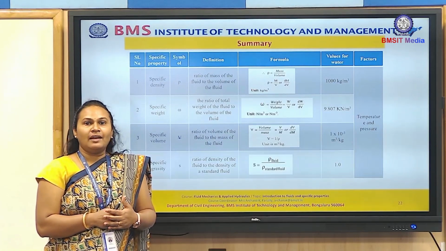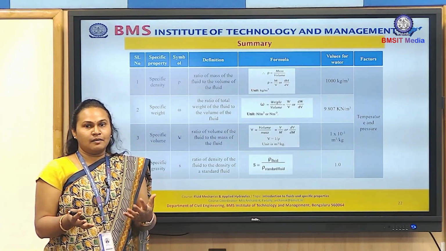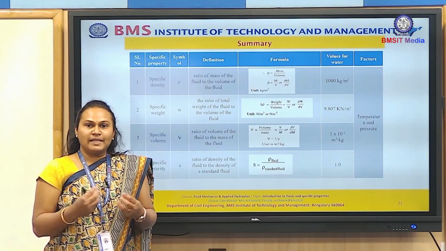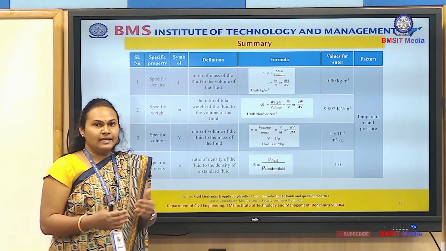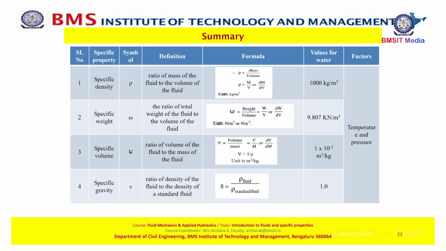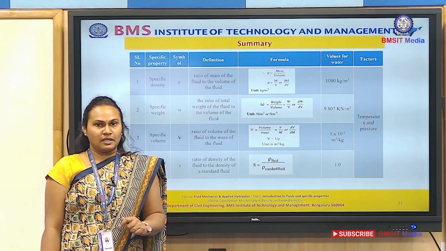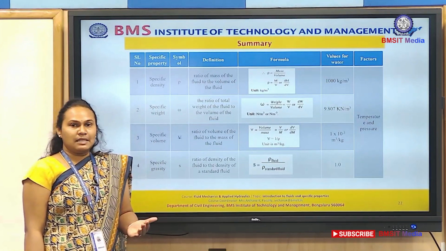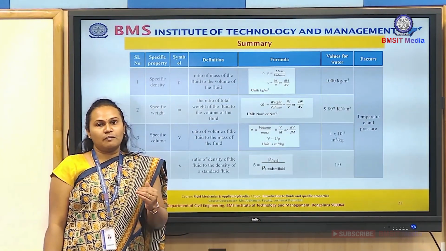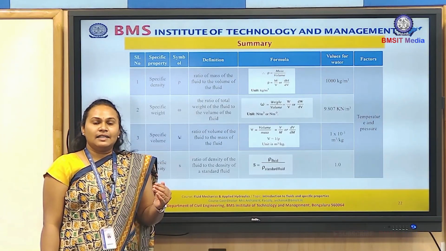mechanics today, and as we have discussed in the earlier video recording about basic properties of fluid like specific density, specific weight, specific volume and specific gravity. I like to recall these because their applications are important for the further sections. Now, specific density is the ratio of mass to the volume of the fluid, and it is given as kg